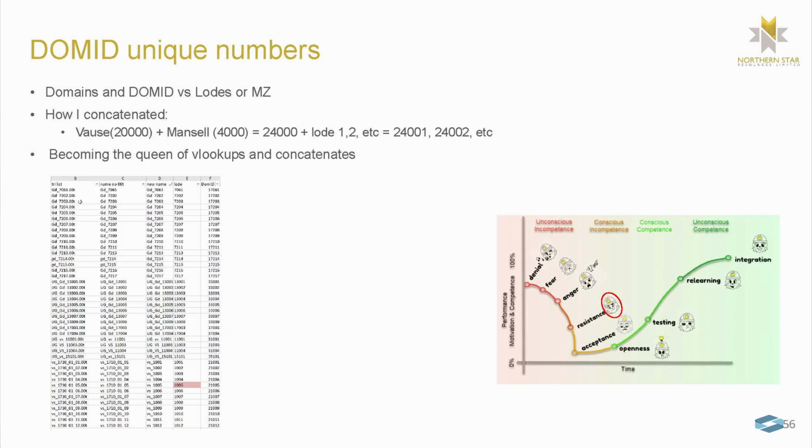Now, at Jundee, domains are groups of lodes or mineralized zones. In the Northern Star Datamine workflow and Leapfrog workflow, individual lodes are domains. Not confusing at all. The DOM IDs are their unique identifiers for everything going forward in our block model. A new challenge presented itself with previously 7 block models, all with lode number 1s. Now, with a new block model and a unique DOM ID required for block modeling, I had to create a unique lode name and DOM ID for each of these